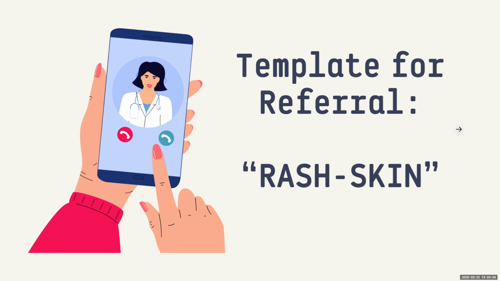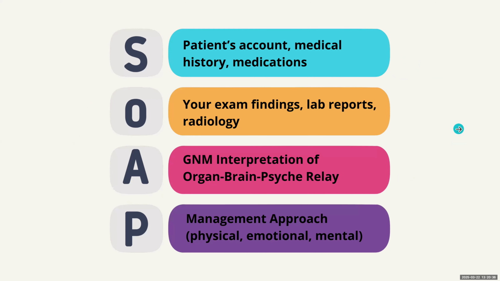And if you remember the SOAP format that I had shared with you, the S is all patient's account. This is all about the patient from their mouth. The O is when you come in, when you start examining the patient. The A, assessment. So S is subjective, O is objective, A is assessment. This could be a diagnosis or just your assessment on what's going on from the GNM perspective and what's the